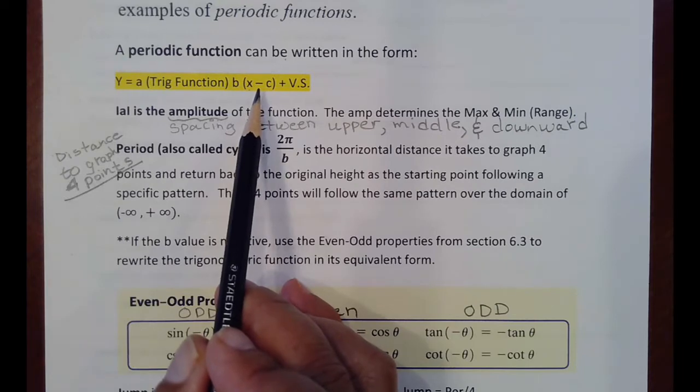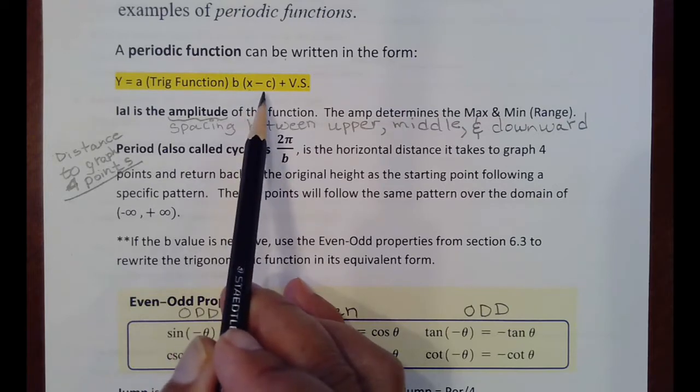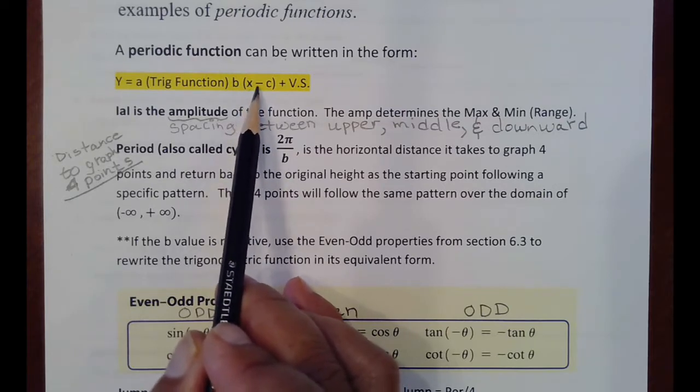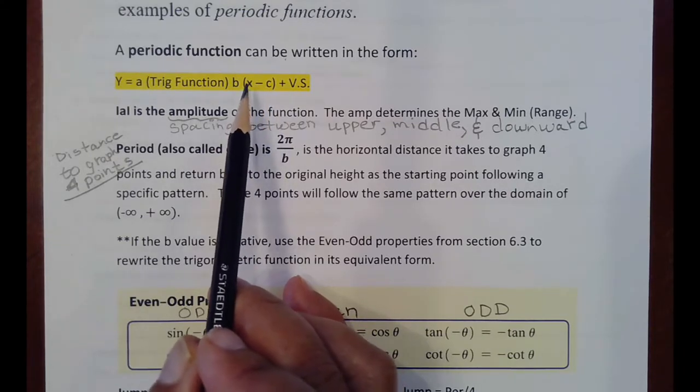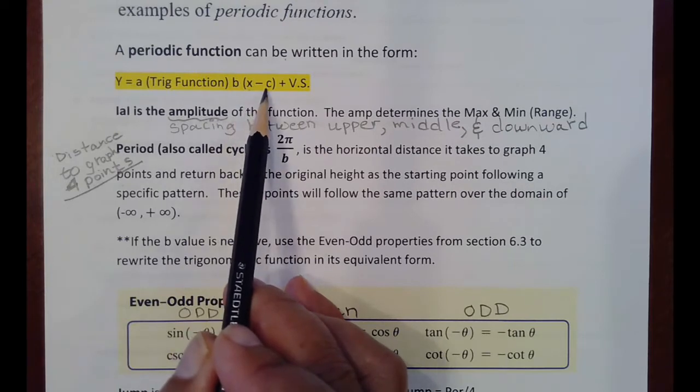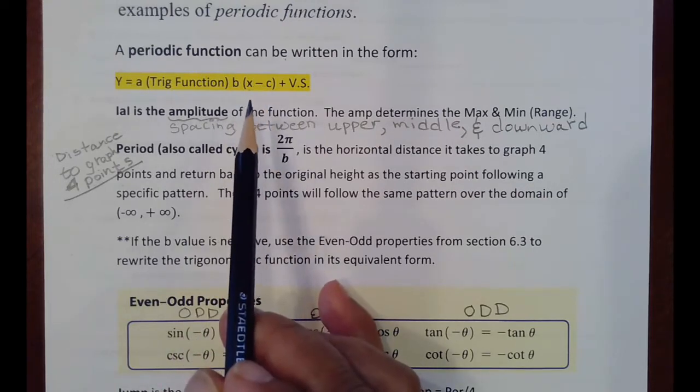So when they ask you for phase shift, you're looking for this number. Like if this was x minus pi, then the phase shift would be positive pi. If it said x plus half a pi, then it would be negative half a pi. You always switch the sign of this C value before reporting what the actual phase shift is. The number that's out here,